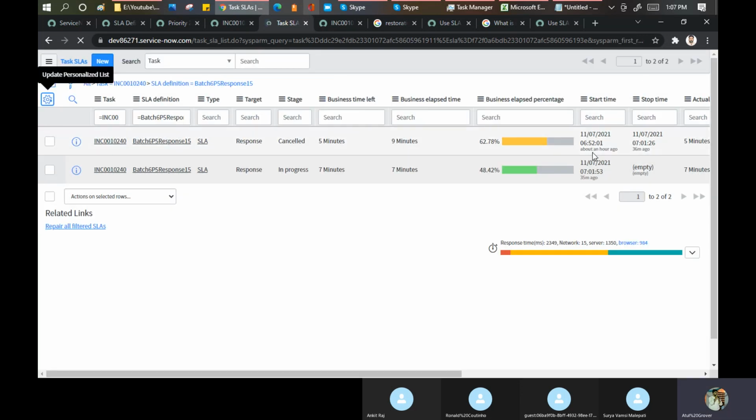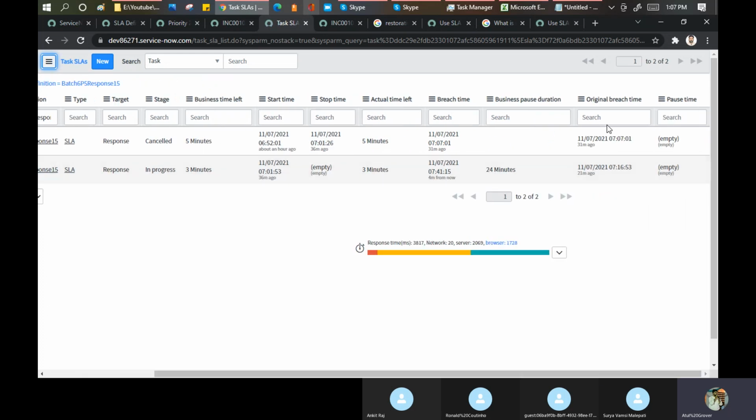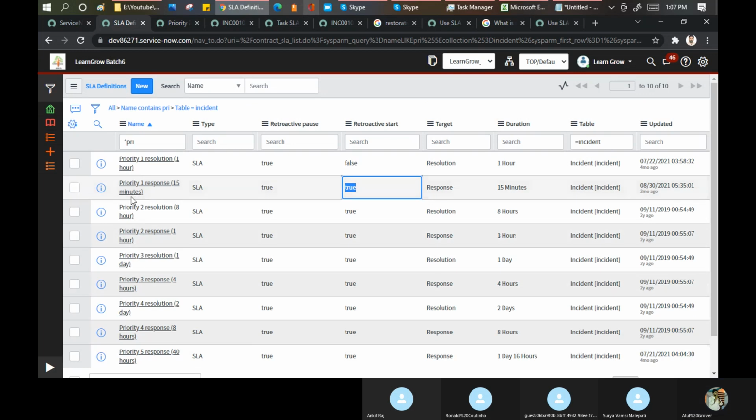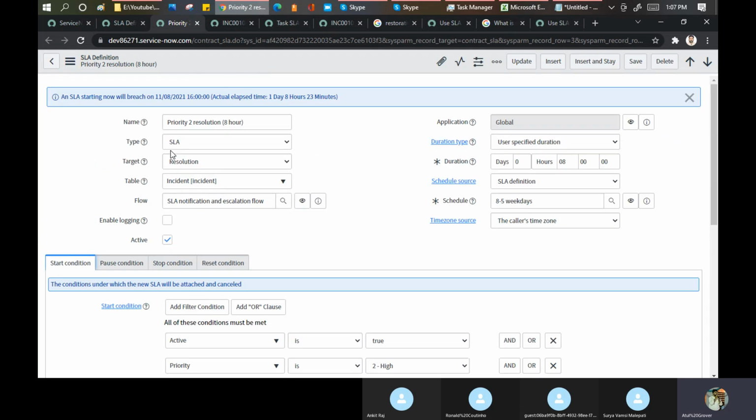And then see what the stop time is, what the start time is, how much time you put the ticket on hold, so that you can understand. After that, in the second exercise, remove this retroactive start and pause, get a P2 ticket, and then see what is happening in the background. Then you will be able to understand this retroactive start and pause very clearly on your side.